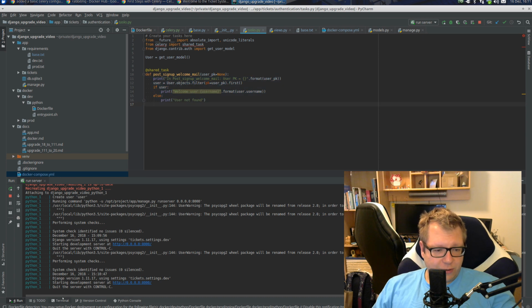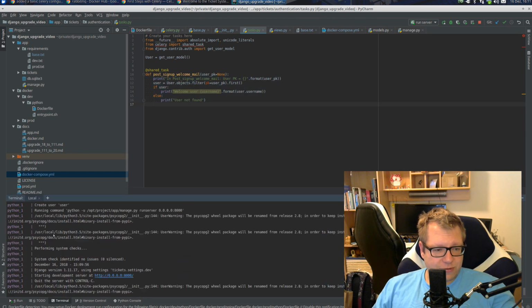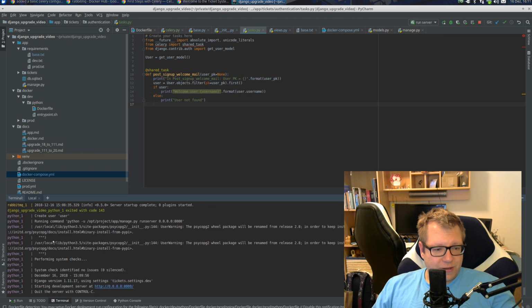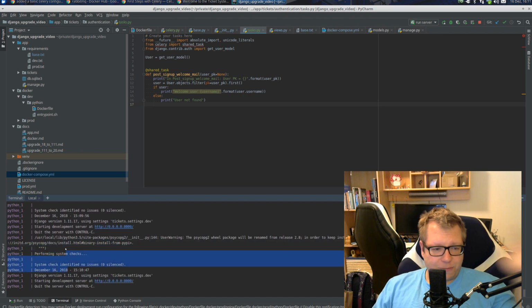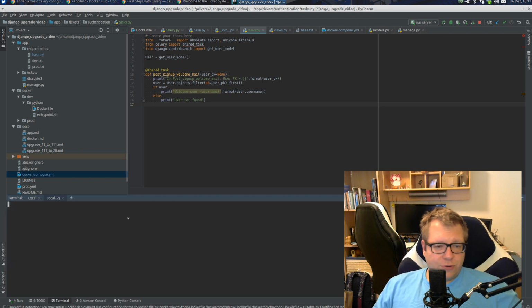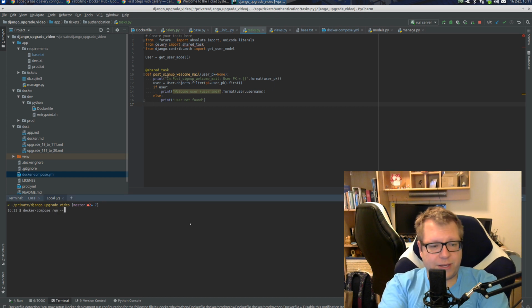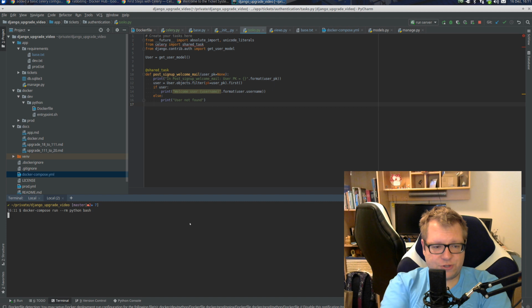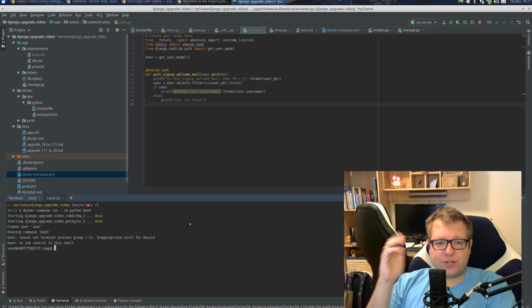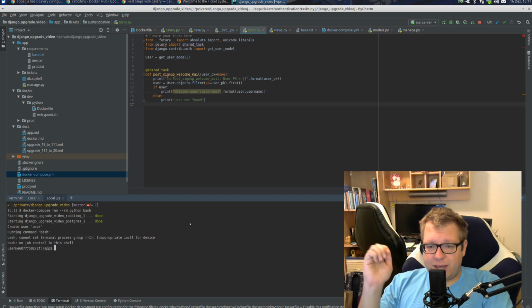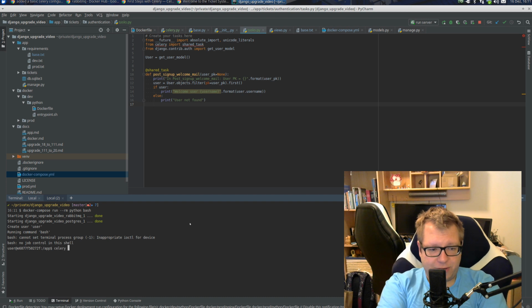And we can take a look at our DockerCompose. There's no message in here. So nothing is going on. Okay, what we can do to see if Celery is working, we can say DockerCompose run --rm python bash. So we're creating a bash in our Python service, and here we can call Celery -A